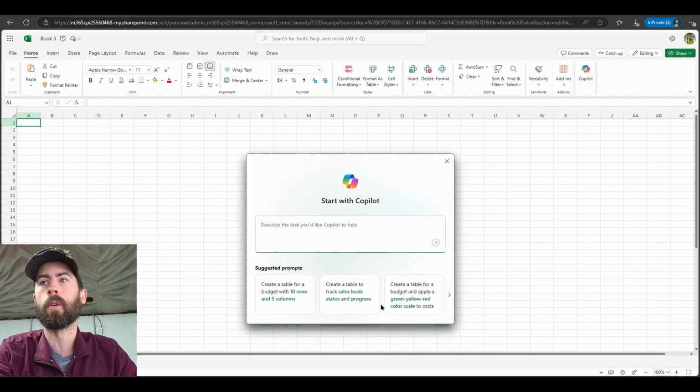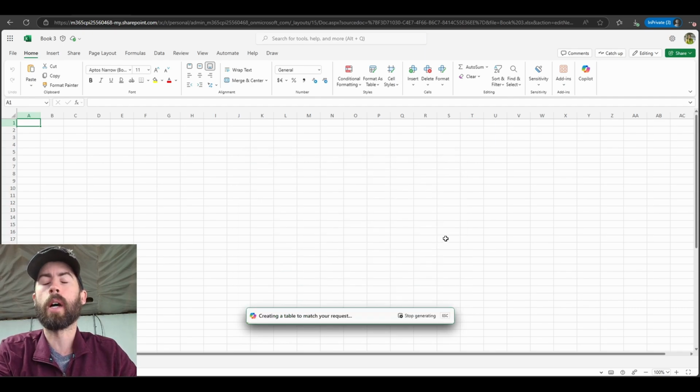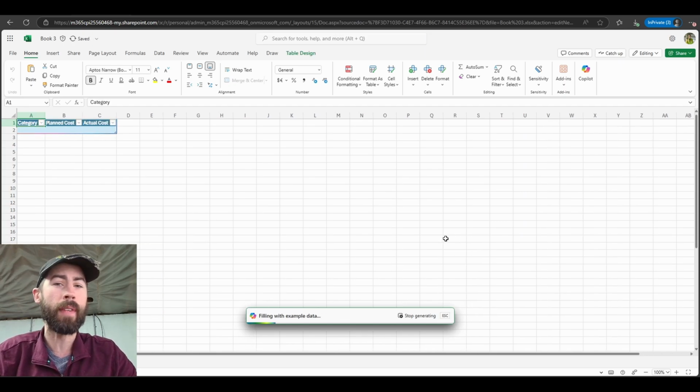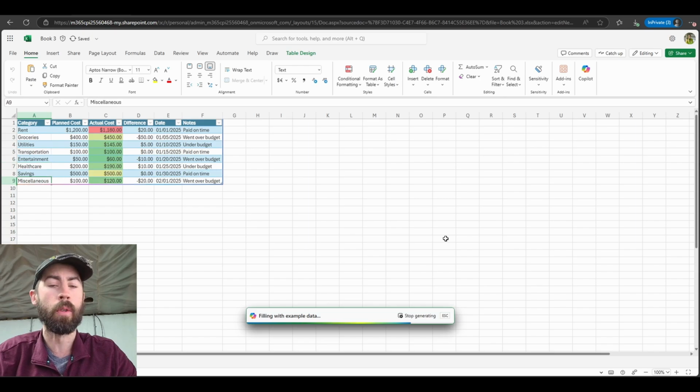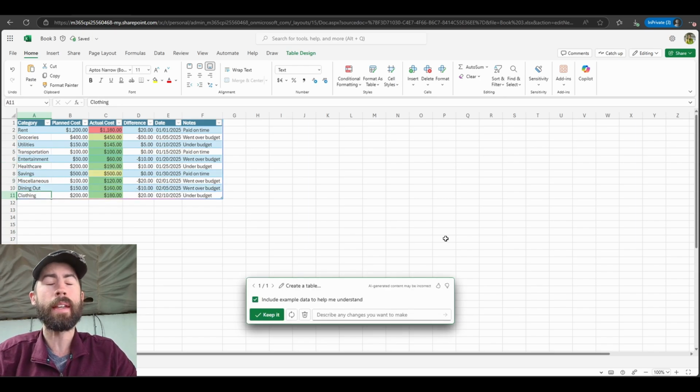Maybe, for example, I want to create a table for a budget and apply a green, yellow, red color scale to costs. We'll submit this prompt off. Copilot will now generate this table. You can include fictitious or example data within the table, or you can remove that data as well. This would also apply the conditional formatting rules, and there even may be a formula or two that it generates for us. So as we see here, we now have our filled out table of information, planned cost, actual cost,